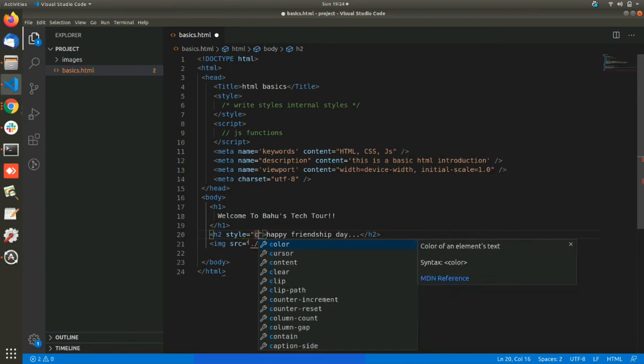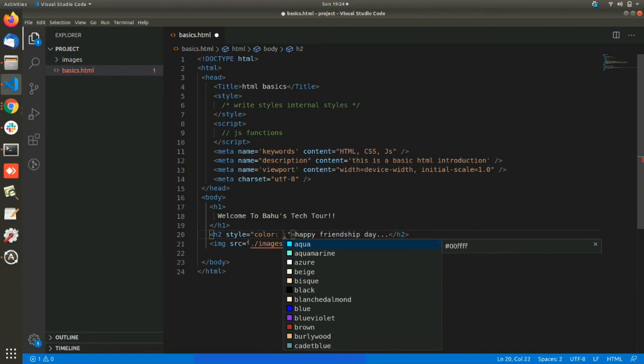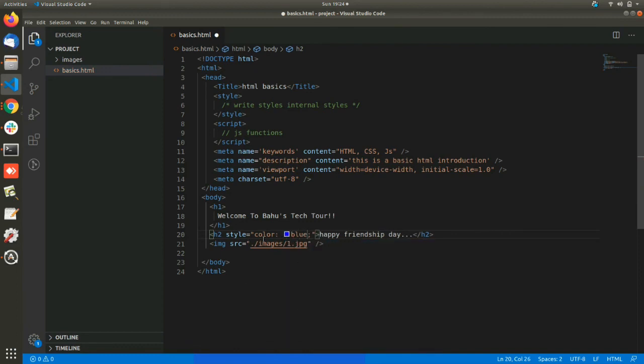I want to change the color of the text, I will give blue. Syntax will be key colon value, like color colon blue. Everything will be written within double quotes. This is the HTML inline style syntax.